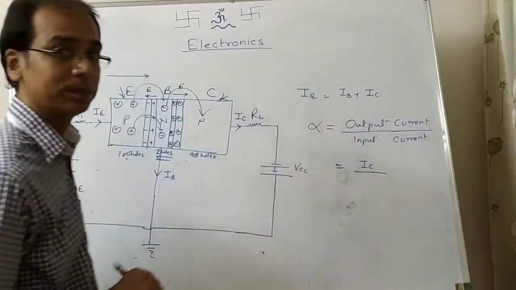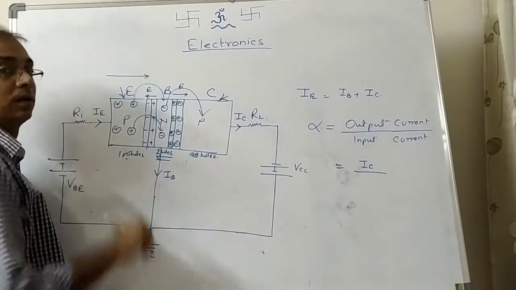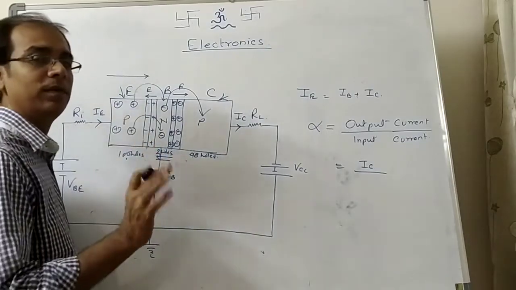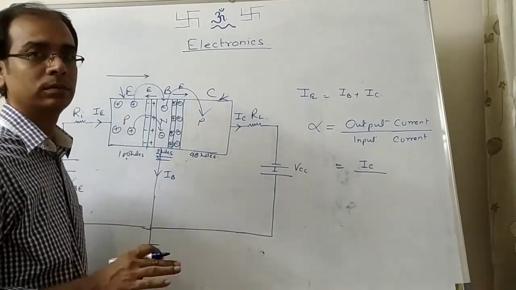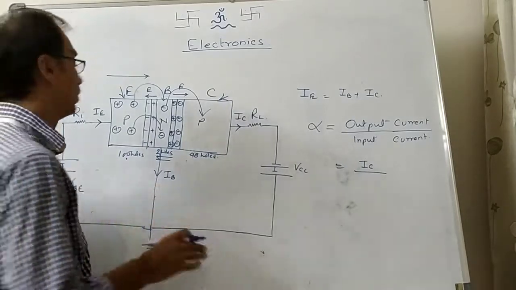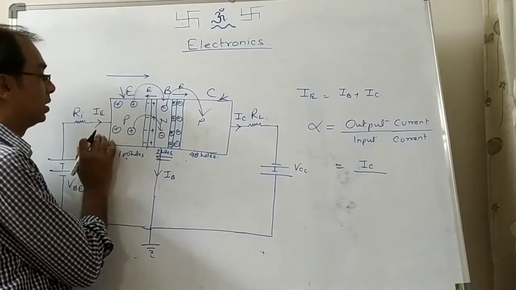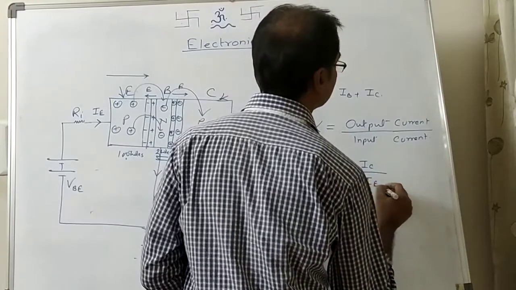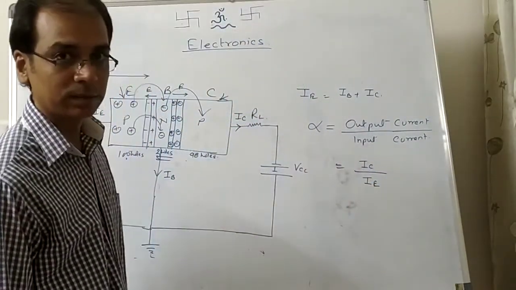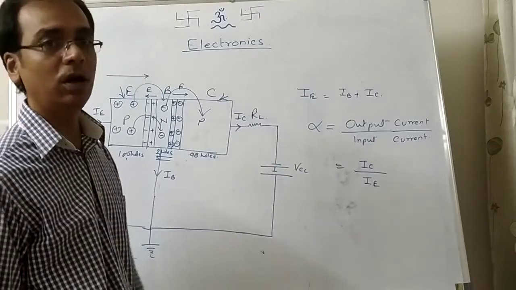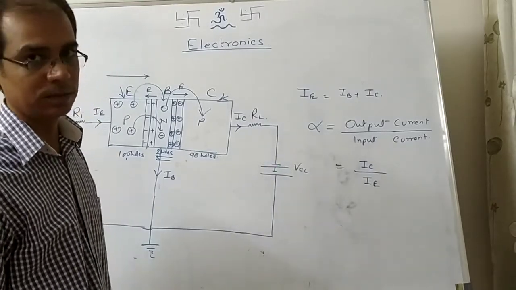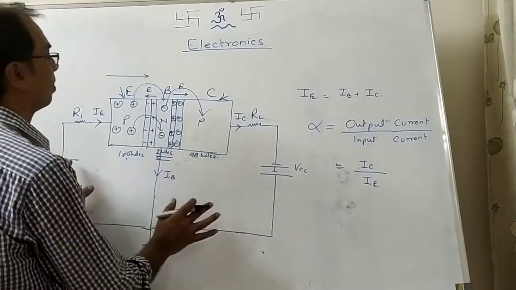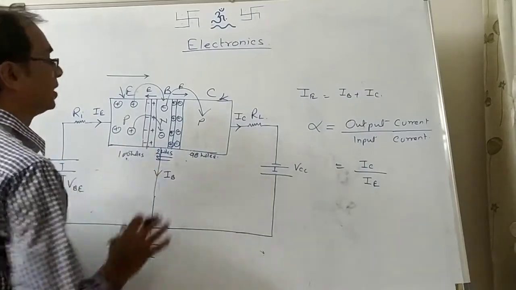Now what is input in this one? Input is emitter current, IE. Okay. Whatever is common through that one, we will never give the input. Are you getting? Input will be given from the other terminal. So what is the other terminal over here? Emitter. So here alpha value is IC by IE. You understand that? What is this alpha called? Current amplification. Understood that? That's alpha value. And this is how mainly the working of a common base transistor.